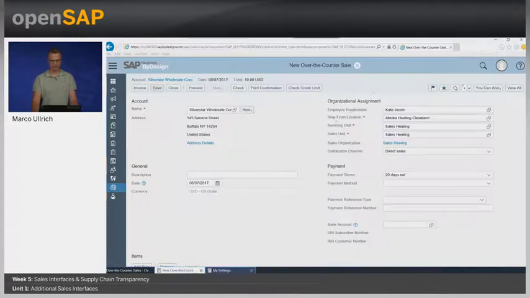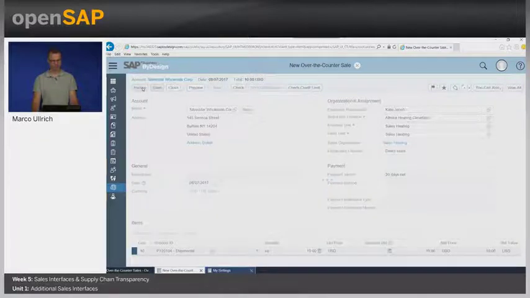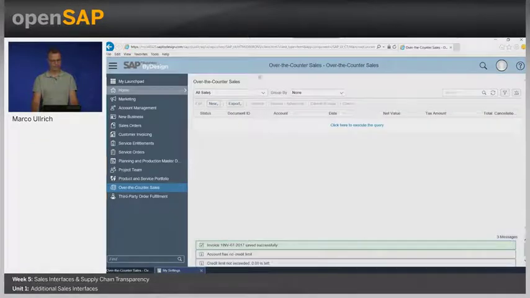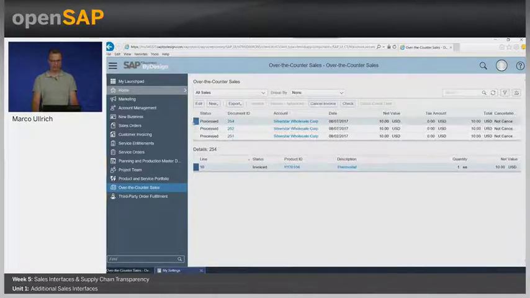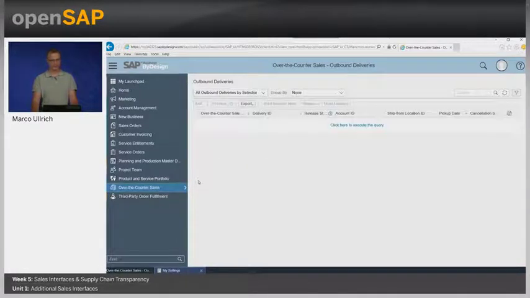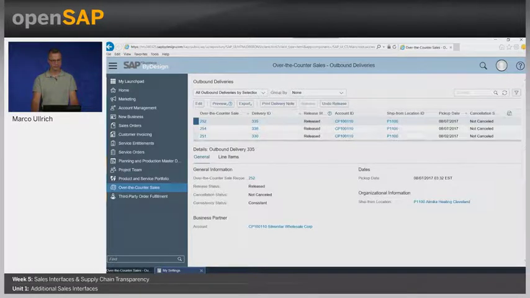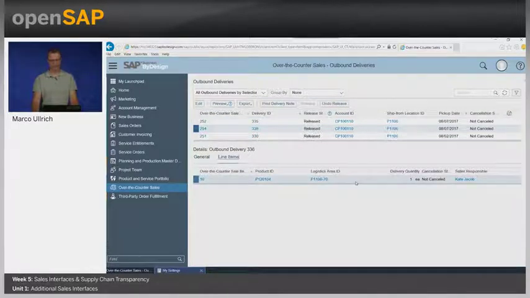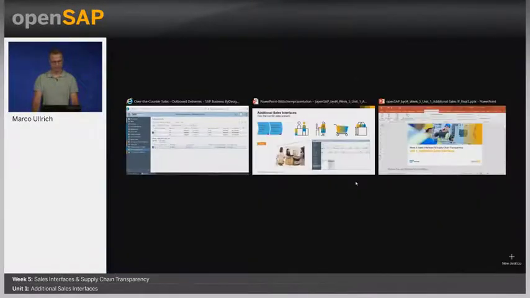Having done this, let's close this preview and say invoice. If I do a refresh, I can see this new sales, and if I switch to the available outbound deliveries, here is also our new line item, which I sold 1 minute before. Okay. Switching back to our